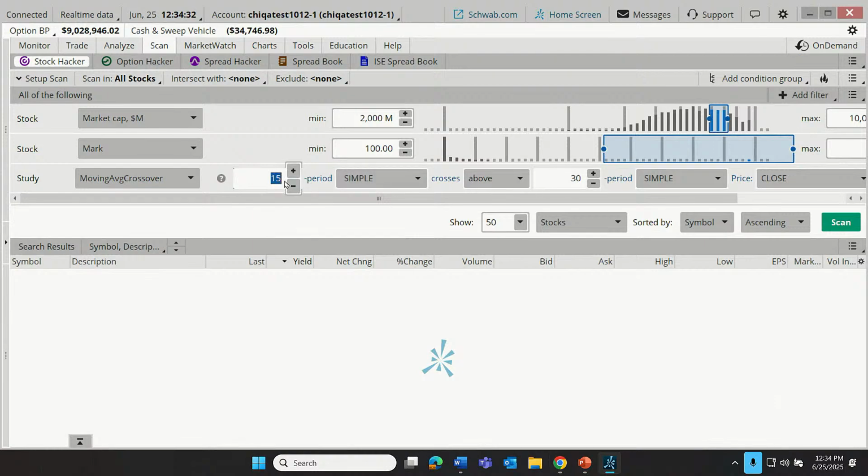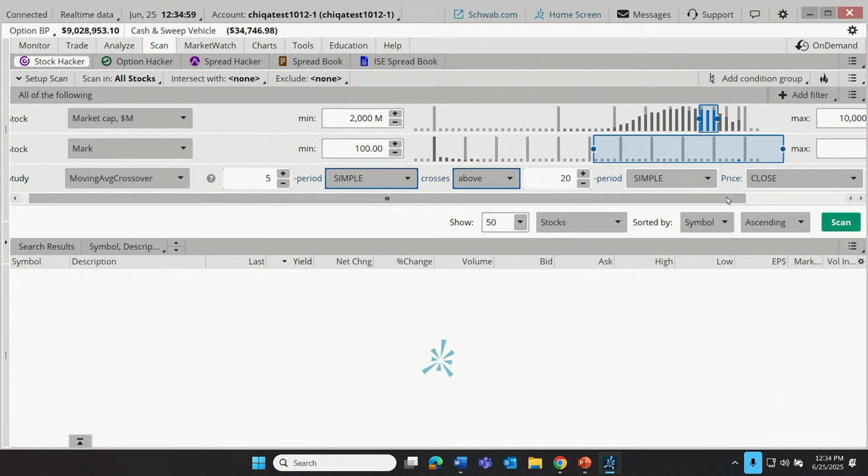Well, let's say our trader was more interested in the 5-period. Could choose simple, exponential, weighted, Wilder's, Hull. You want to see what those mean? What do you think you'd do? Go to the webcast playlists. Just do a search. Okay, but we're going to leave this as a simple moving average. The 5 crossing above, could go below for bearish, but let's go above for bullish, the 20 simple moving average.